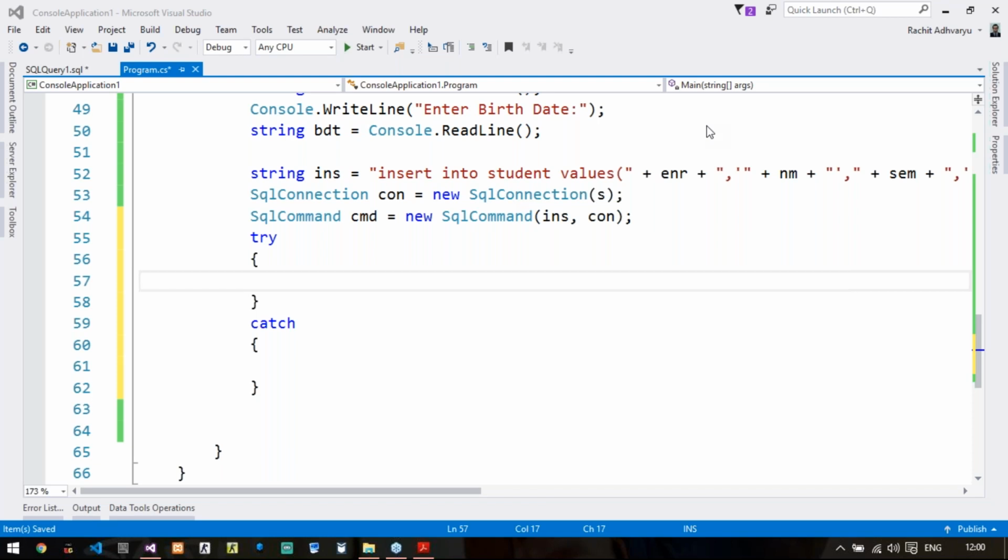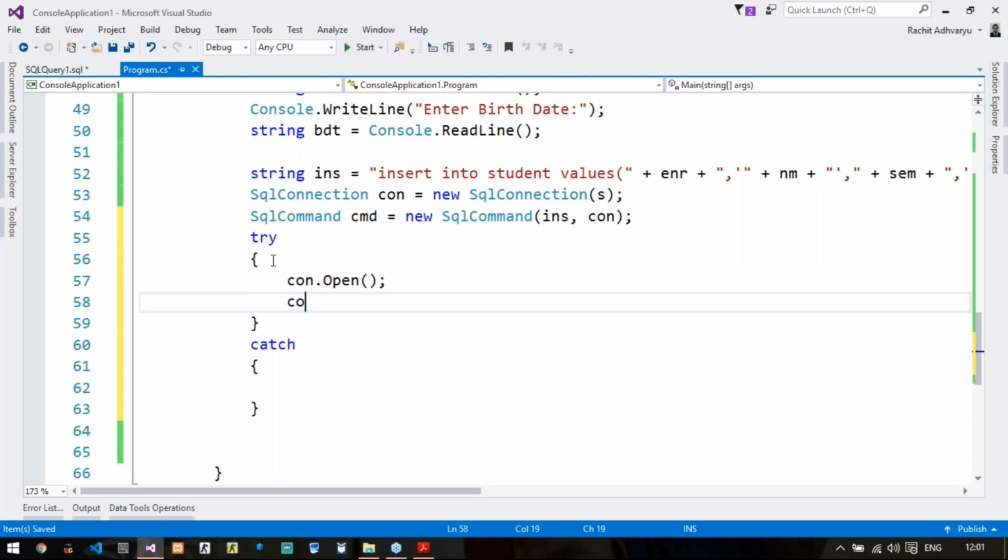So why am I using try catch? The first thing is I will try to execute this query under the try block. But if the query contains any error, it will directly go to catch, and there it will disconnect the connection with your database. So it will not have continuous load on your database. That is why I am using the try catch block. So in the try block, what I will write is I will first open the connection, con.Open and con.Close. And between this, I will try to execute the query.